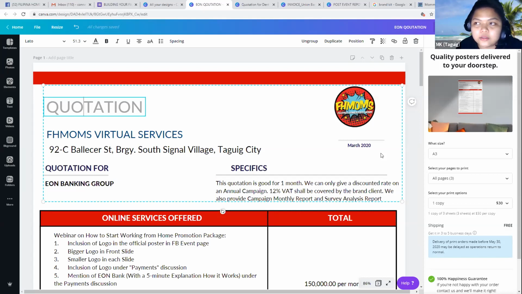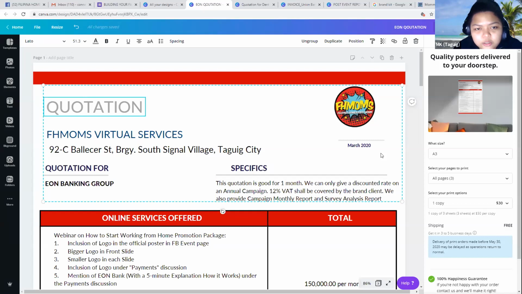And for new groups like you guys, ang mahirap would be identifying your pricing structure. Kasi for us in FH Moms, when we started out, hindi rin namin sure paano yung pricing structure. So it takes a lot of time. It takes a lot of trial and error for us to identify our pricing structure. So before we compute it sa number of posts, the number of engagement that we have, the following that we have, we ask a lot of bloggers, YouTubers, how much are they getting?